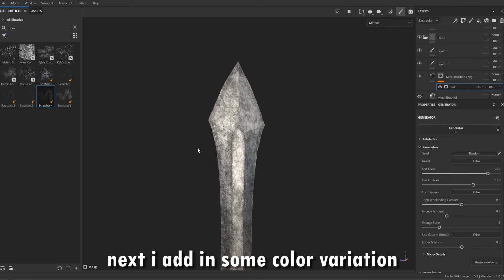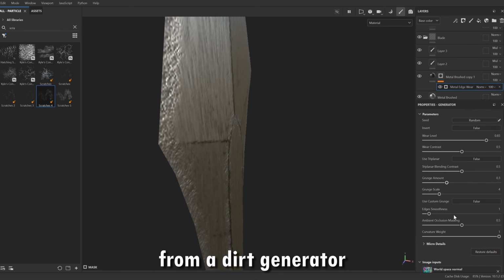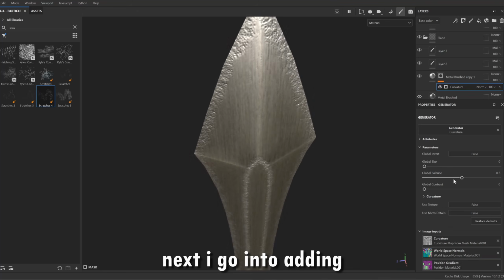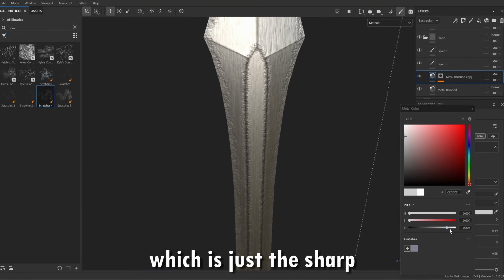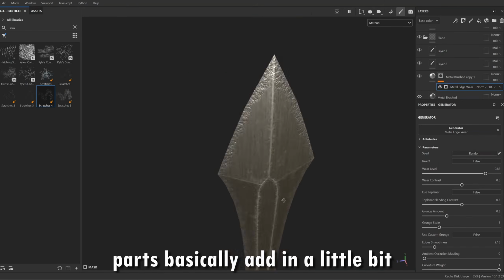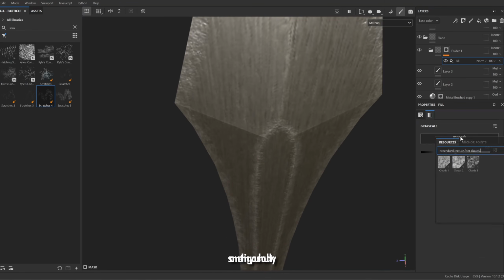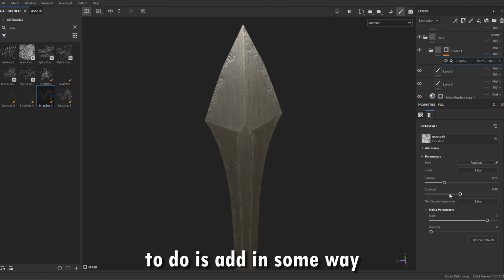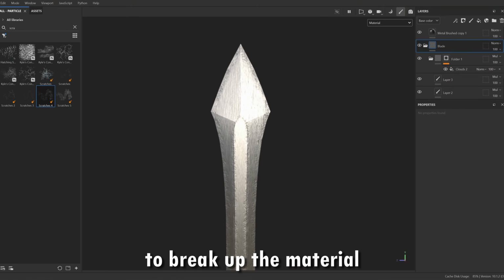Next, I add in some color variation from a dirt generator. Next, I go into adding some details on the curves, which is just the sharp parts basically. I add in a little bit of metal edge wear. Something you should try to do is add in some way to break up the material so it's not as